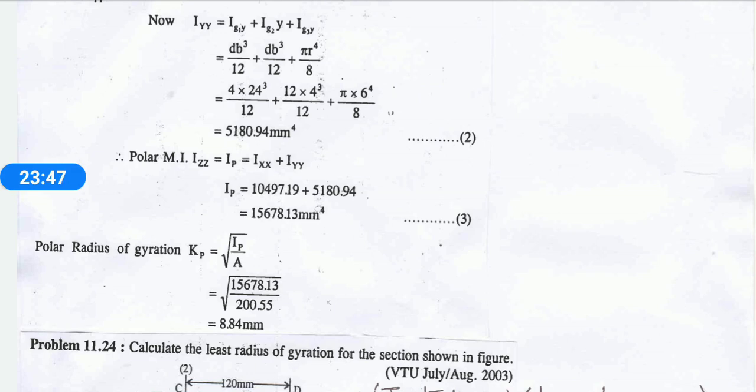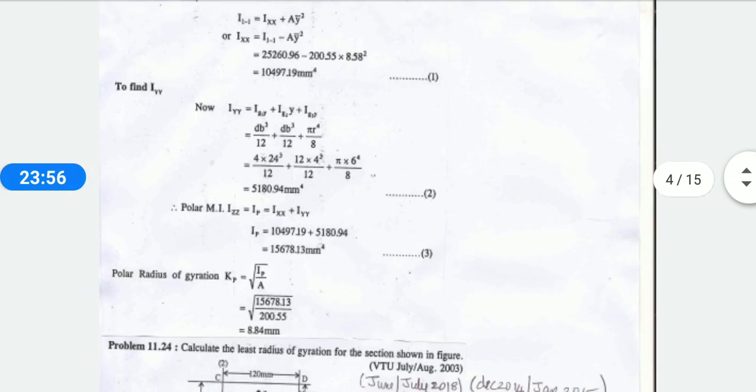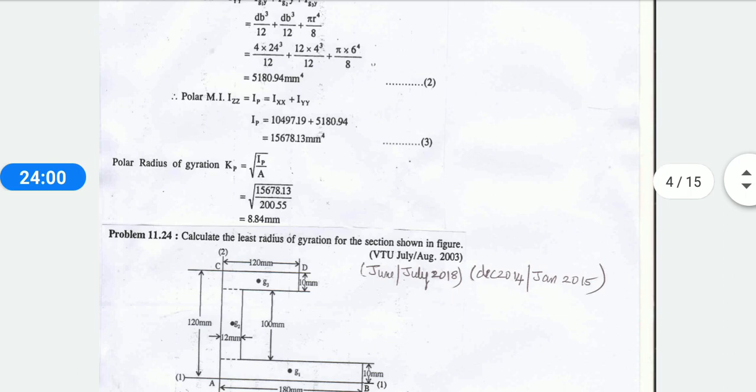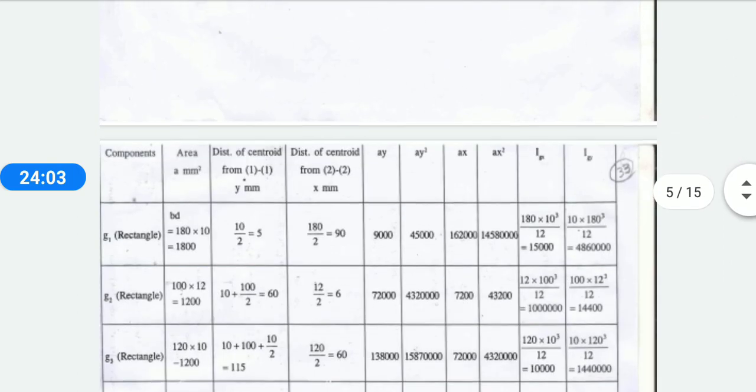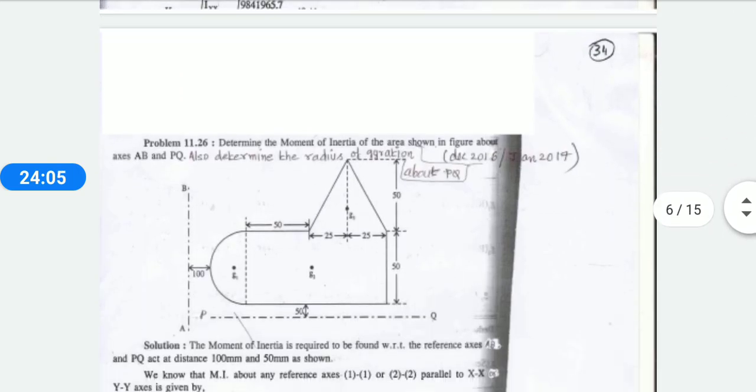This is only the variation. Whatever they are asking us to find in the final thing, we have to see what the requirements are first. After seeing the requirements, we have to put the table, or else you can substitute in the normal formula method and you can do this. Now we'll go to one more problem.